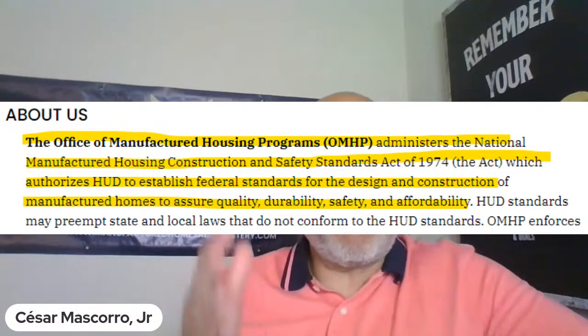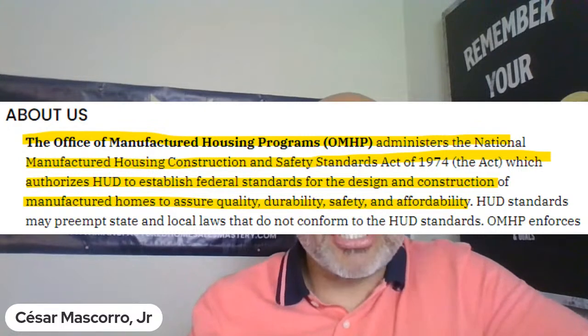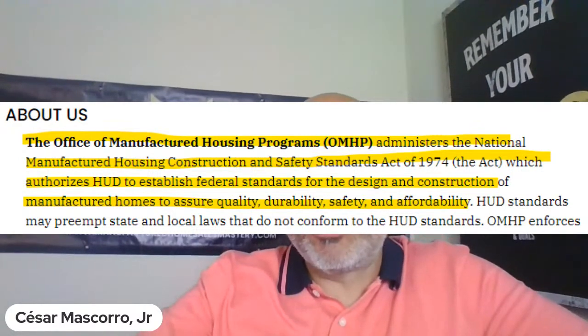So in 1974, there was the National Manufactured Housing Construction and Safety Standards Act that was established. It was put into effect. And that's why after 1976, there were no more mobile homes. And before that, there was no regulation for mobile homes. And so each factory built it to whatever they felt they wanted to build them, right? And so back before then, yes, you had those homes that, man, if you've got something before 1976, you probably don't want to be living in that anymore. Okay. Now, the mission of HUD,